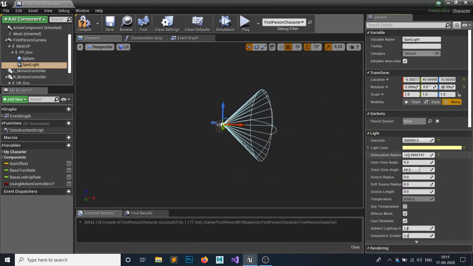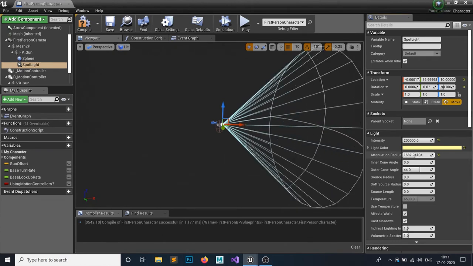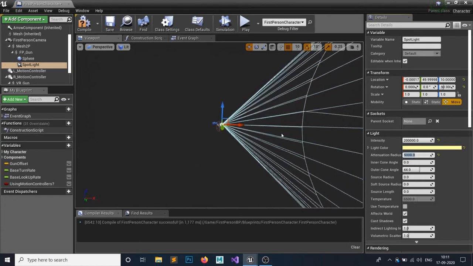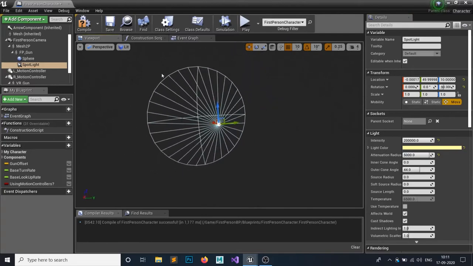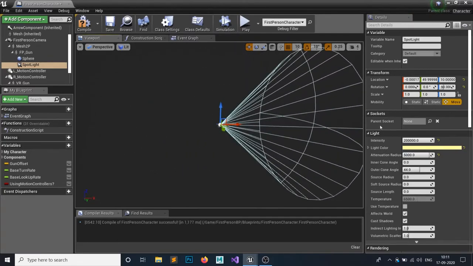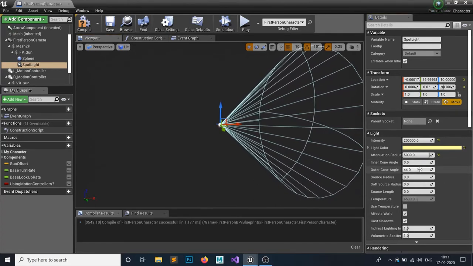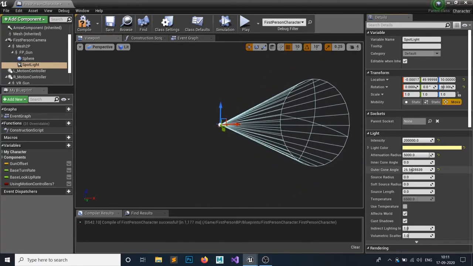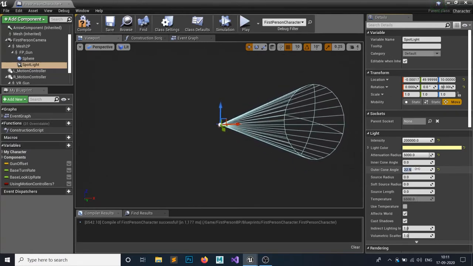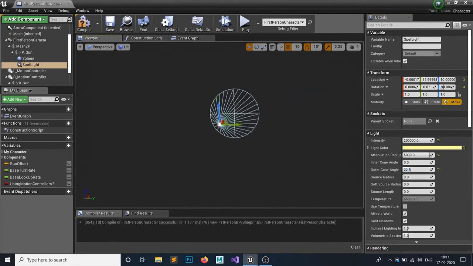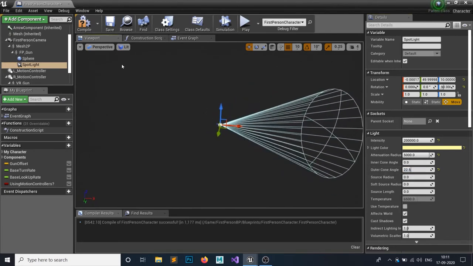And if you toggle this, you're going to see how it is facing, so I'm going to set it to 5000. Yep, 5000 should be fine for me. Yep, so this is going to cover this whole area. You can just play around with it and change it to whatever you like. And the cone is so big, so I'm going to set it to 22.5. Yep, this is how the flashlight looks. Yep, 22.5 is fine for me.